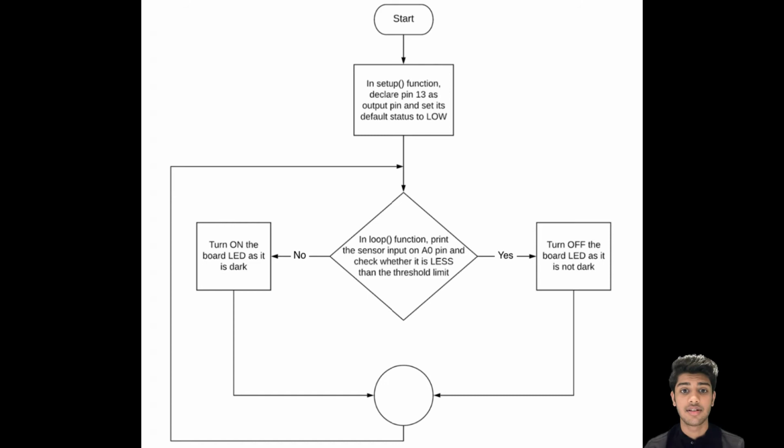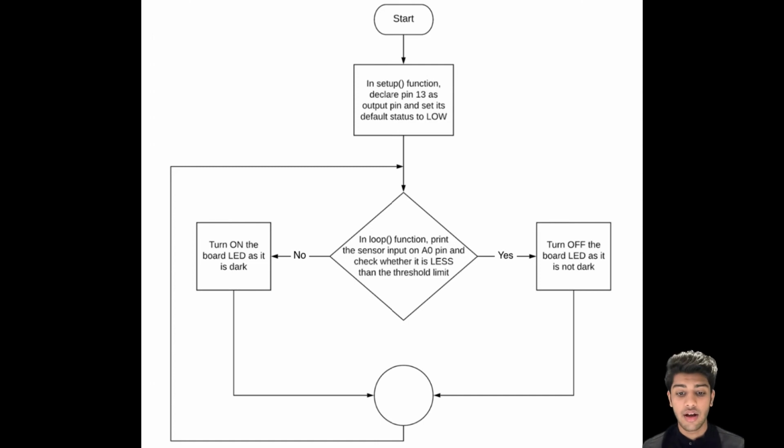Every time the resistance is high, which means that there is darkness, the output will also be high because the voltage will be high. So this means that the higher the output, the more the darkness. Our threshold limit is, let's say, around 600. So every time we get an output of 900, which means it is more than our threshold limit, there is darkness, and in this case we want to turn on the onboard LED. That is exactly what we will be doing.